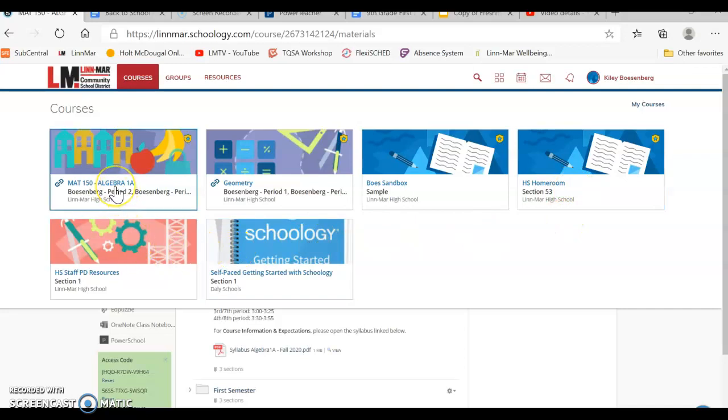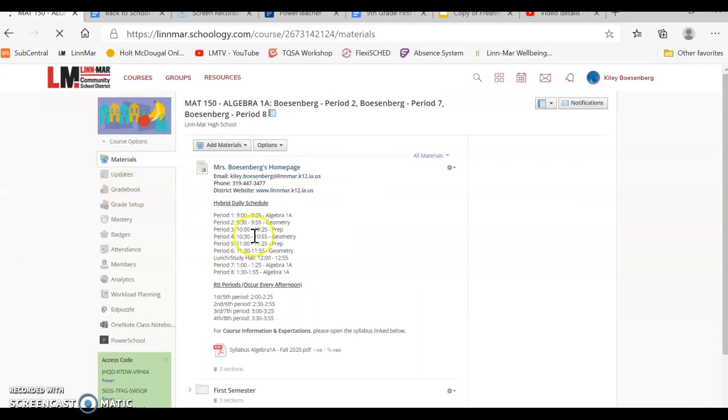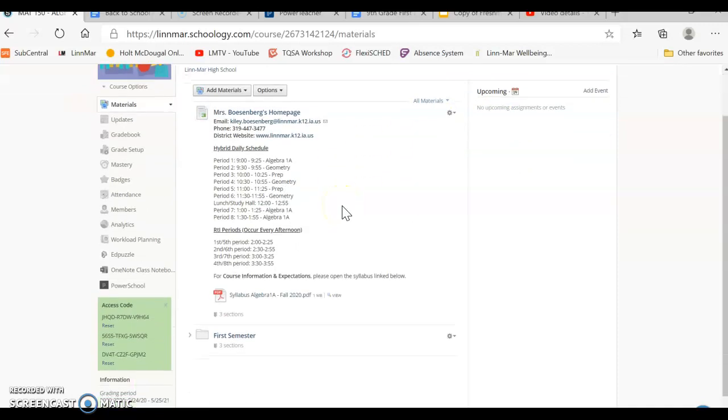I'm going to click Algebra 1, and this opening page or home page should look the same for every teacher. Over here at the right is where you're going to find what we are going to be doing on a daily basis. The only other place that's going to be really important for you to find information is where it says first semester. If you click into first semester,